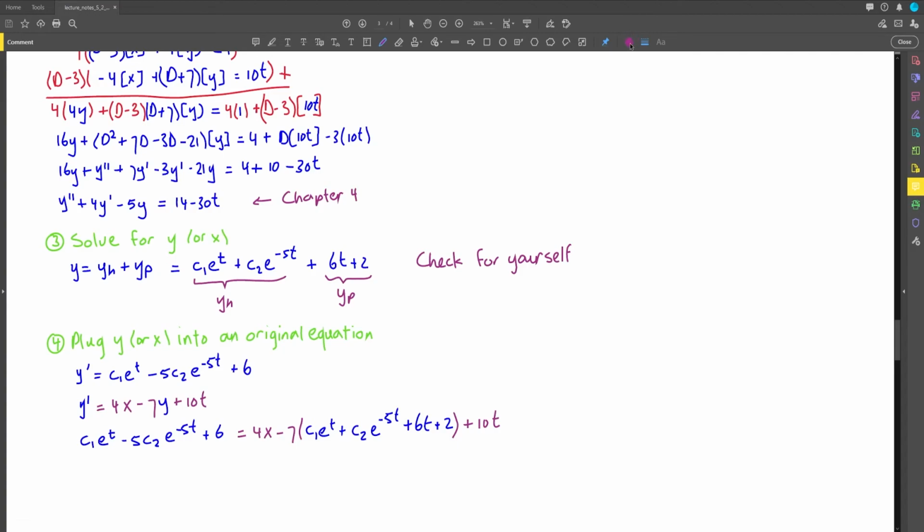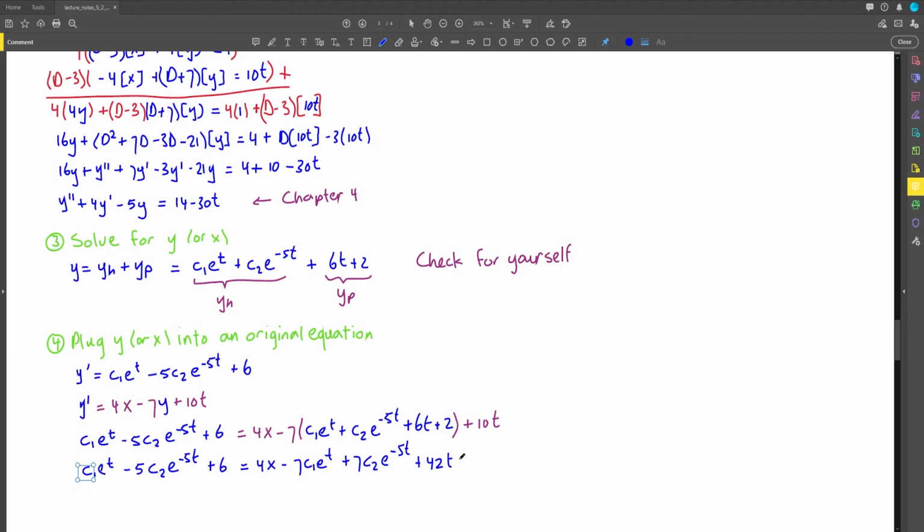Okay, and at this point, it's basically algebra. So we get c1 e to the power t minus 5c2 e to the power negative 5t plus 6 equals 4x minus 7c1 e to the power t plus 7c2 e to the power negative 5t plus